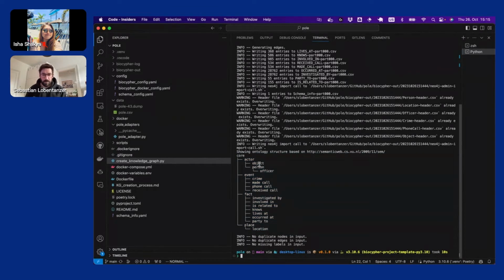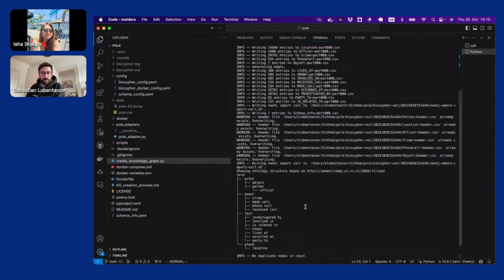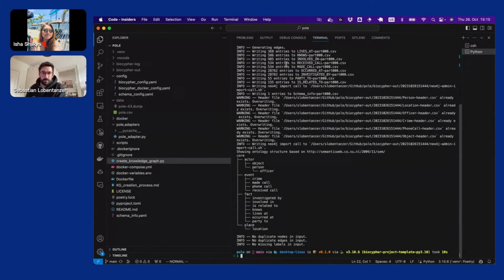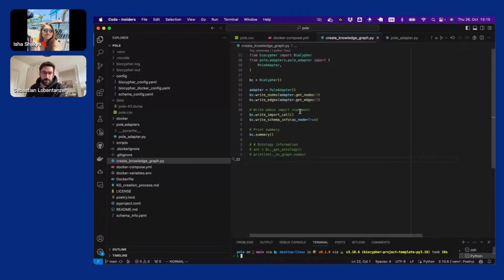In this case, we have objects and persons, and some of these persons are officers. We have crimes and phone calls, and certain facts like an object is involved in a crime, it is investigated by an officer, some person knows another person, the crime occurred at a location, and so on. So this is fairly straightforward, but it requires some configuration.